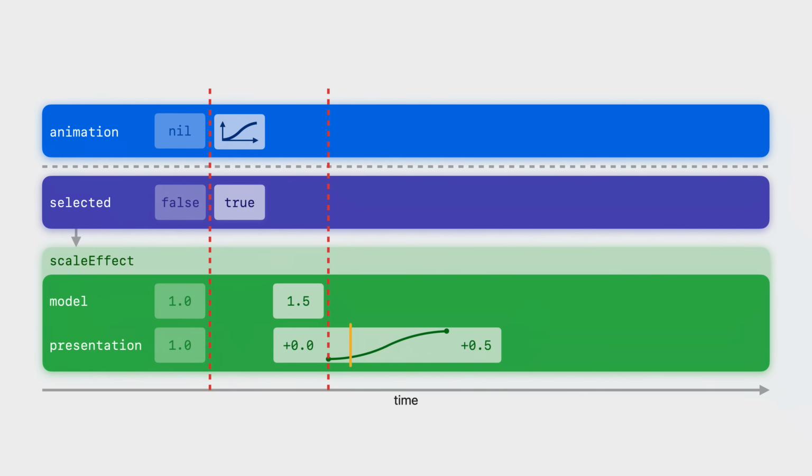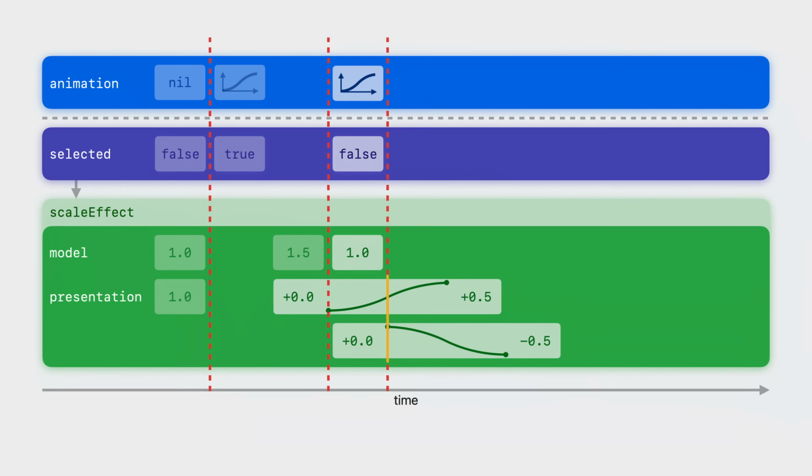Everything is going great. That is, until the pesky user taps again before the animation is finished. What do you do? You set up a new animation and you call should merge on it. The default implementation returns false. This is what timing curve animations do. In which case, both animations will be run together and their results will be combined by the system. This is another reason why SwiftUI animations deal in terms of delta vectors. It makes it easy to calculate the correct combined presentation value when multiple animations are running.